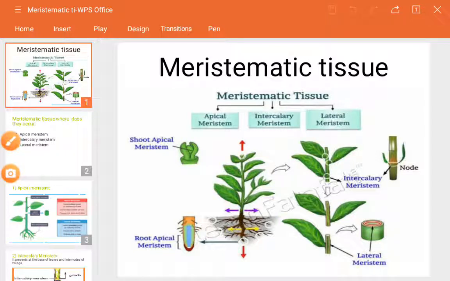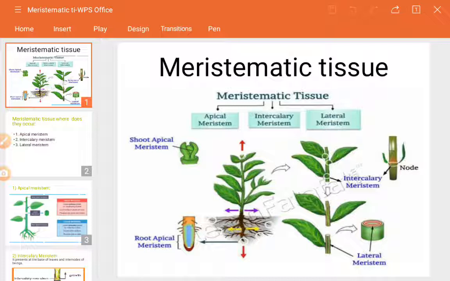Hello everyone. As I told you in a recording session, I'm going to show you some videos regarding the portions which are present in meristematic tissues. So where actually the meristematic tissues are present, in which form and in which location. In the first slide you can see the title, meristematic tissues, and below it I have shown one image, which is totally about the meristem, consisting of apical meristem, intercalary meristem and lateral meristem.